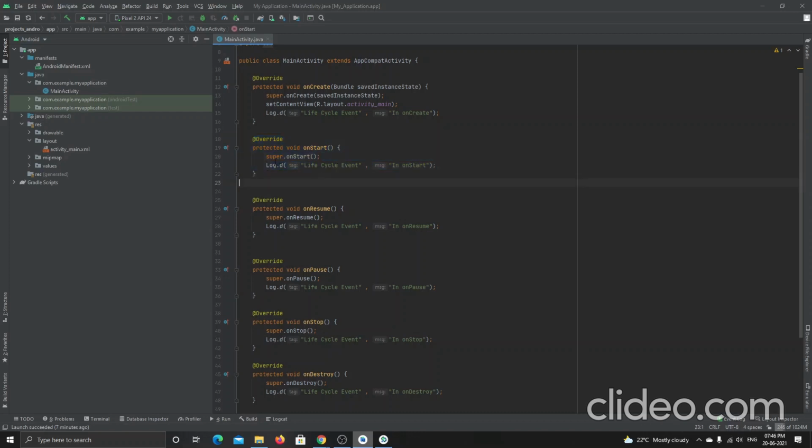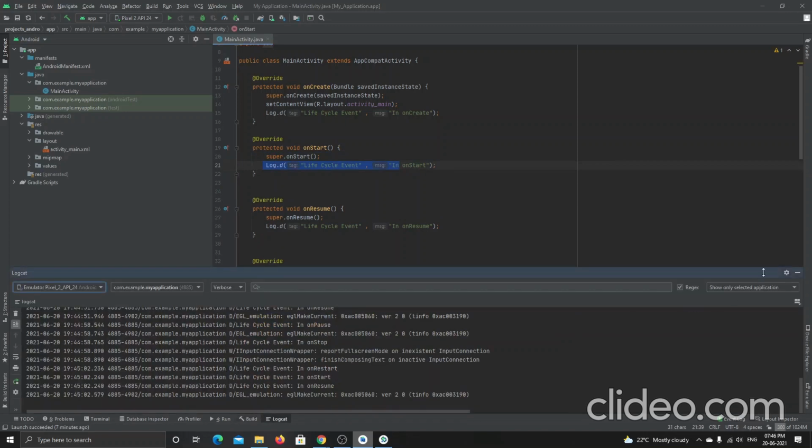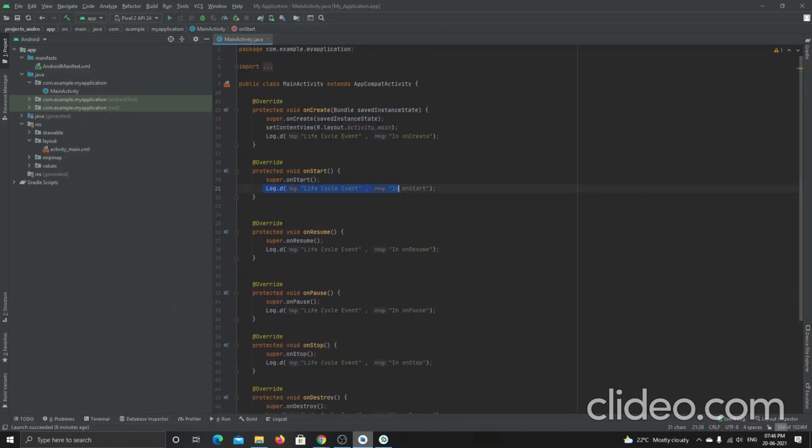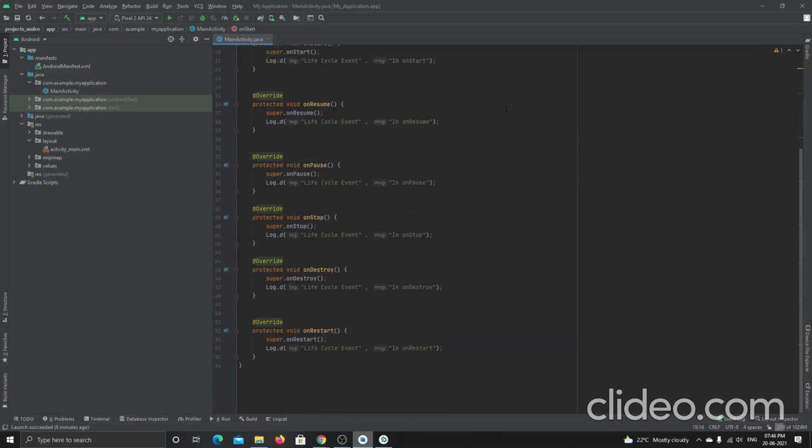If I want to get what is happening in the on start mode, then I can use these methods. Using this Log.d, I can get all the logs of what is happening inside my log. So this will be your code to check what is happening in the activity life cycle. You had better practice with other examples, like typing something here. What happens if I type anything else here? Try it once. This is for today's session, this activity life cycle.